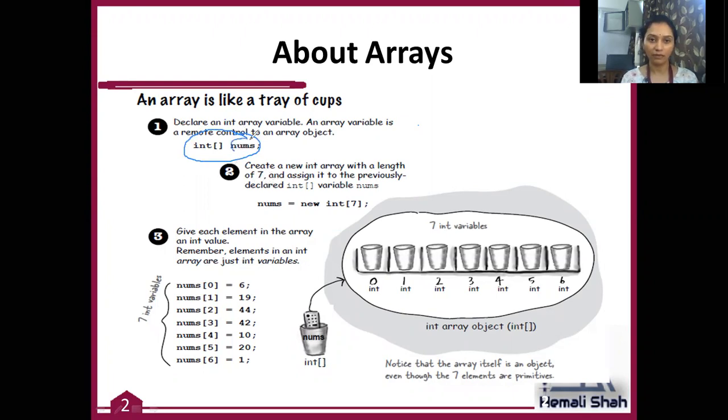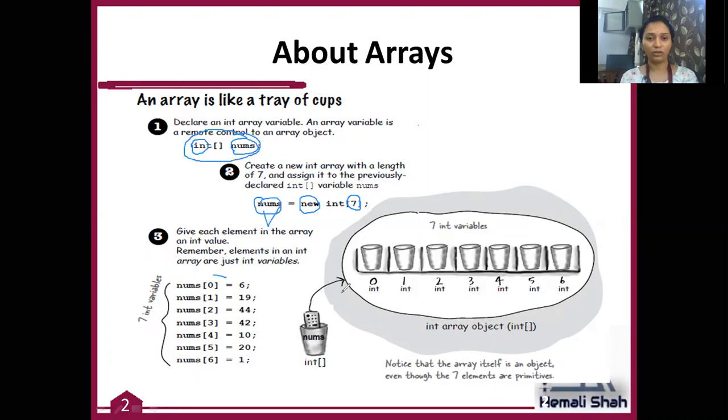Here a single variable, numbers, can hold multiple values of type integer. This numbers you have to initialize before using it, for initialization and for allocating memory. New is a keyword which is used to allocate memory to your array in Java. Here 7 is the size. This indicates how many integer values you want in your program. This numbers can hold 7 integer values.